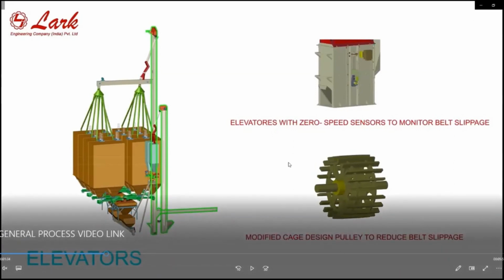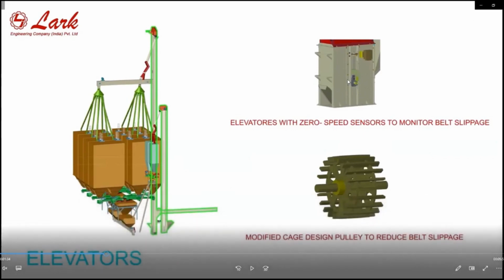To reduce that friction at the bottom pulley, what we can do is add a zero speed sensor at the bottom of the elevator that detects whether the bottom pulley is in motion or not. If the bottom pulley is not in motion for a few seconds, it gives the signal to the PLC, and that automatically trips the top drive motor of the elevator. That can save our belt, and after checking and tightening the belt, we can restart